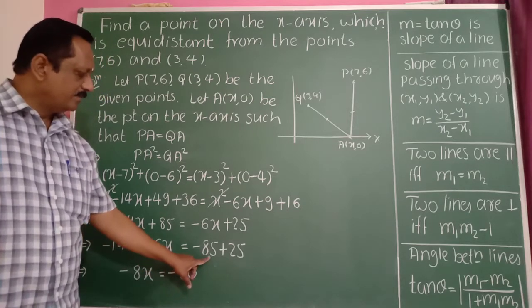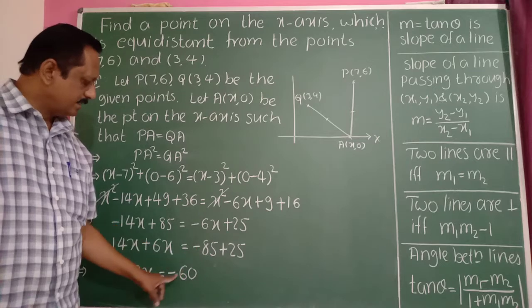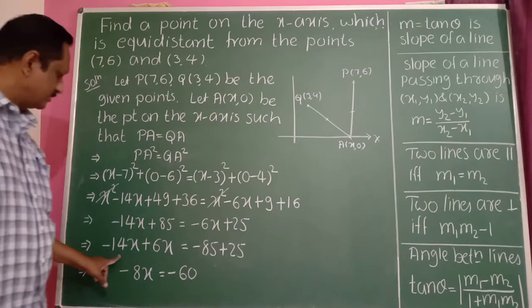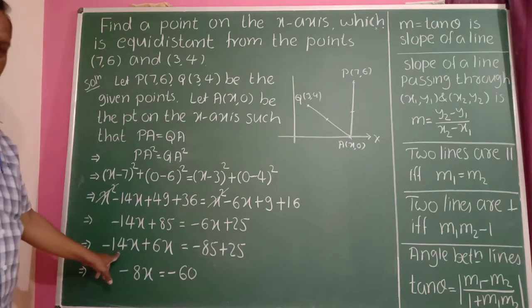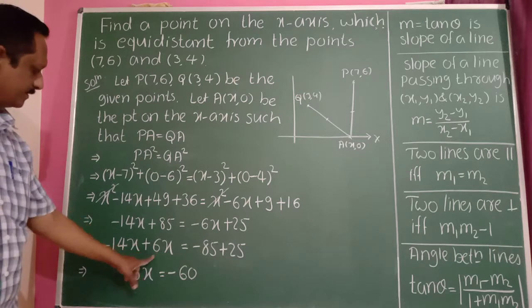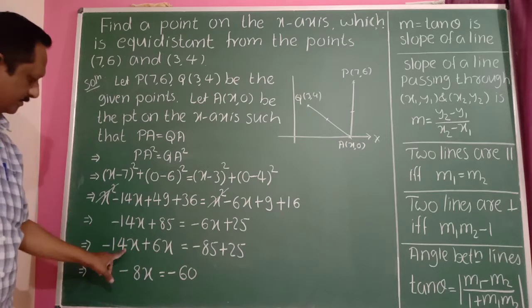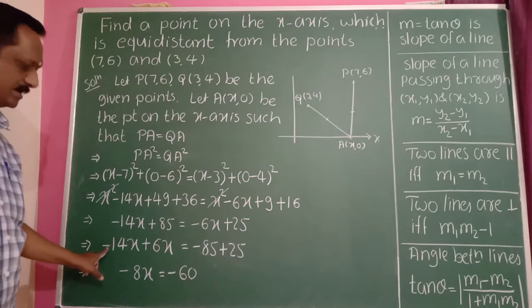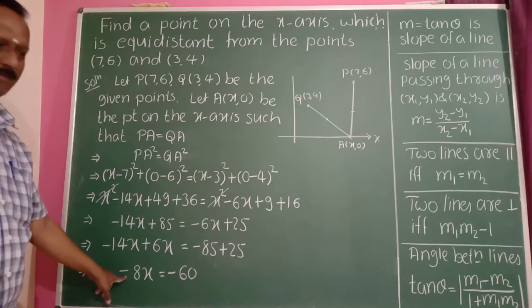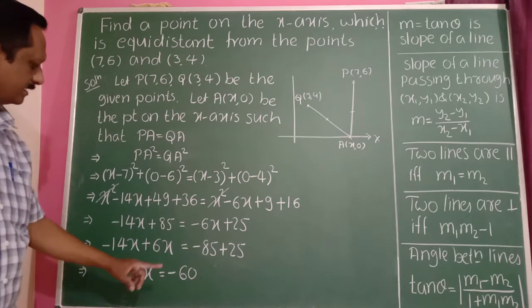Okay, bigger number is this one. Behind sign minus here, so minus of 6x. Even here also, bigger number is this. Minus 14x plus 6x becomes minus 8x. Because bigger number 14 here, behind the sign minus, hence it is a minus of 8x. Take minus 8 to the right hand side here.